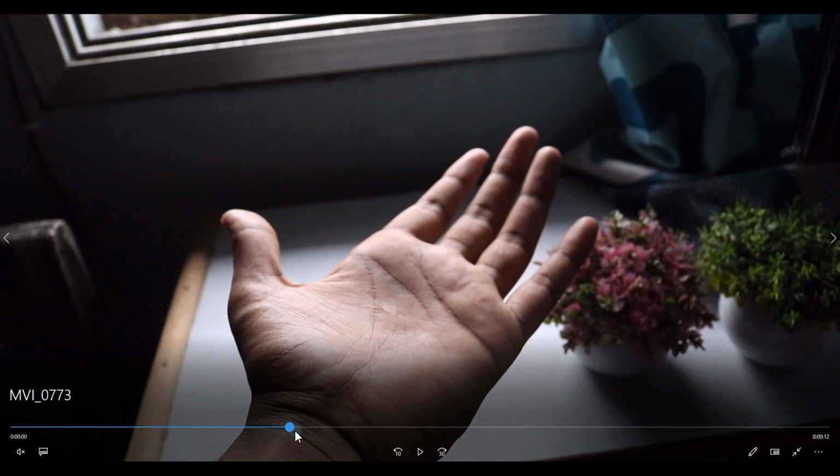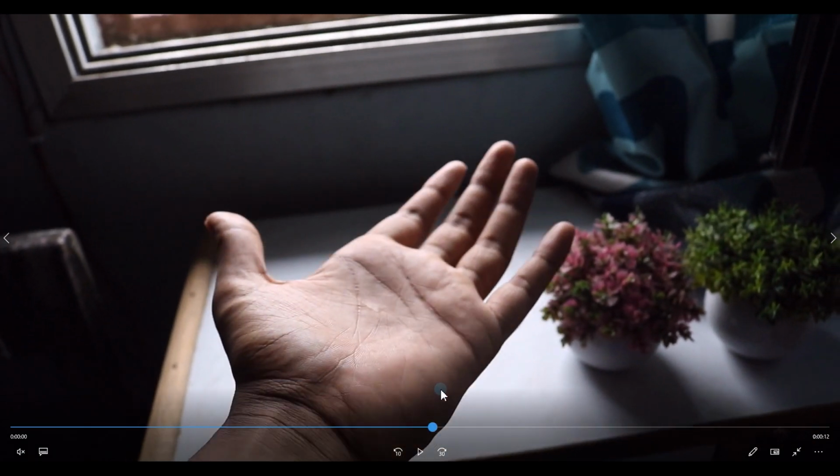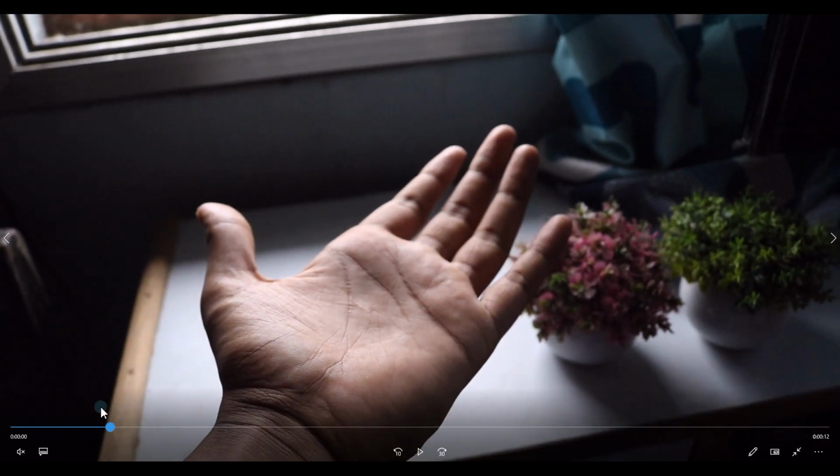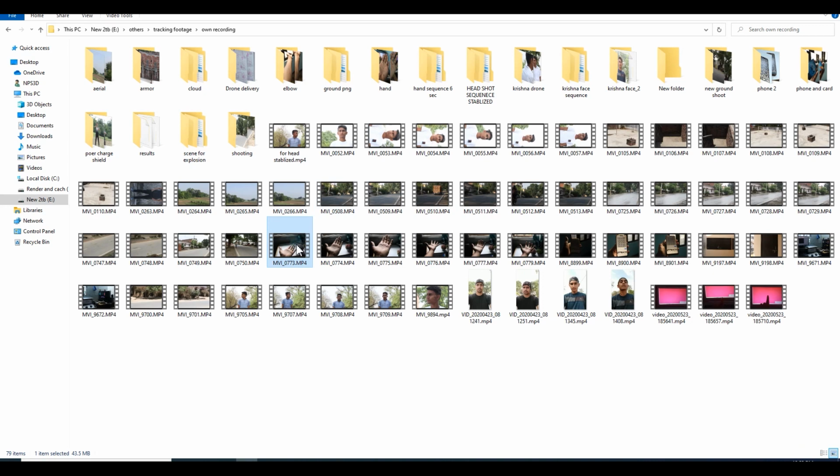So whenever you shoot your hand, make sure it is in the center, big enough to track, and in enough focus. This is just a small and quick tip. So let's move to the next part.